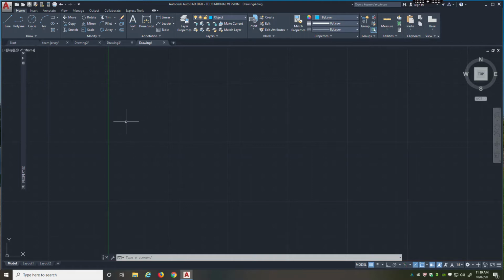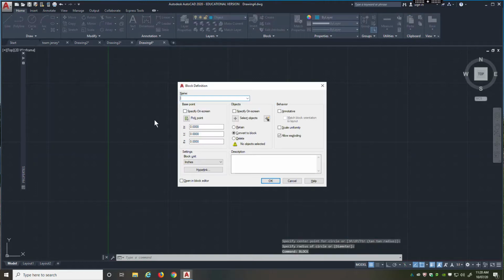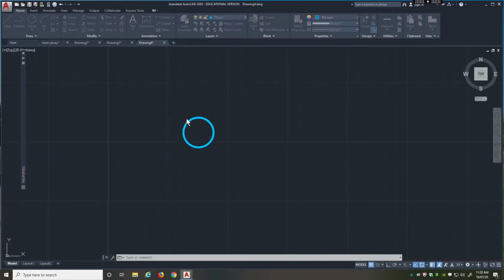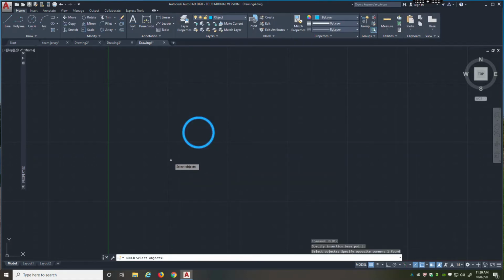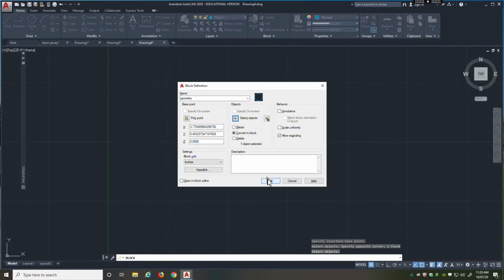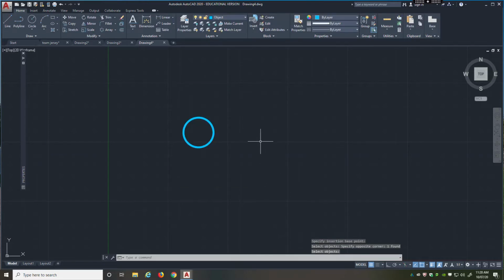So I think one of the easiest is I'm just going to start using some shapes. I'm going to click on the circle tool, and I'm going to make that circle, and I'm going to make it a block. So I'm going to type the word block, and we'll call this geometry, and we'll do a pick point right in the middle there, and I'll select my objects. Right click to go back into it and hit OK. All right, so now that I've got a block,